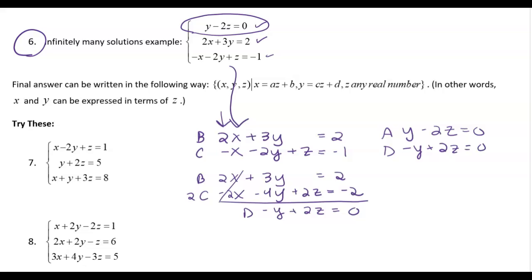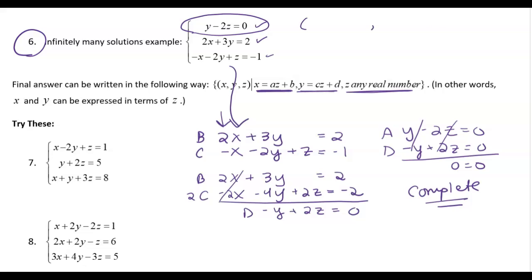And this is one of those that as you write this step out, you're going to go, oh goodness, this is one of those weird ones, because the y's eliminate, the z's eliminate, and you get 0 equals 0. So this is that infinite solutions. So remember, we want to write the complete solution here, as we were doing in our 2-by-2s. And so you want to write everything in terms of z, and you can see they're talking about that up here. You're going to have your x in terms of z, your y in terms of z, and then you'll just have a z. So your solution is going to look something like this, comma, comma, z,